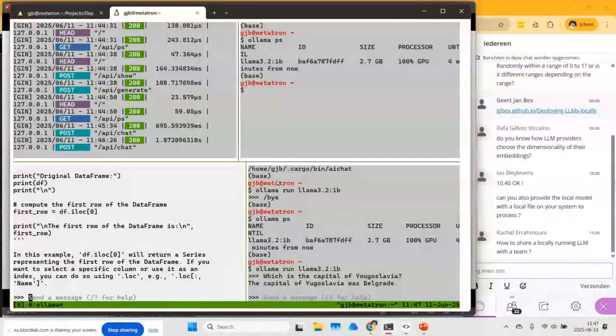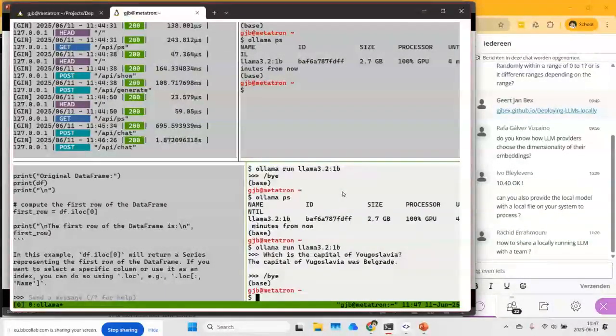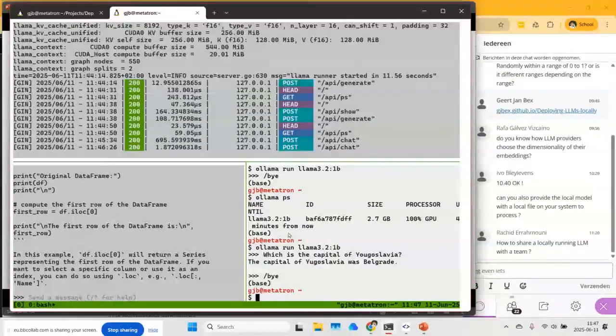Anyway, so again, this is a very small model. It only has 1 billion parameters, so yeah, you shouldn't expect too much, I'd say. Okay. Let me quit this guy. Let's close that one. Okay. So